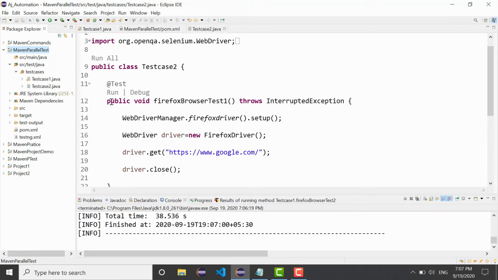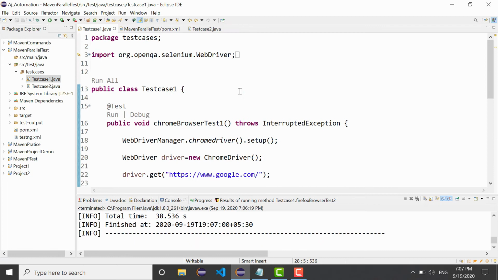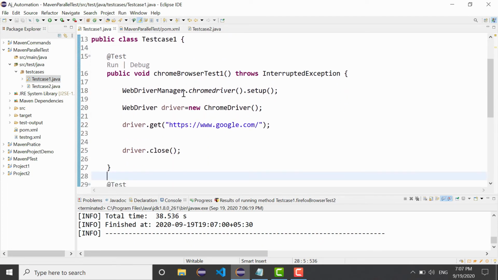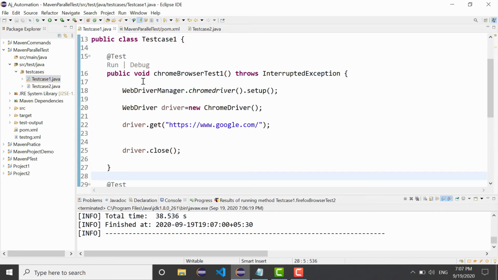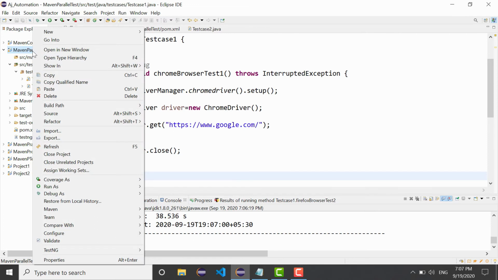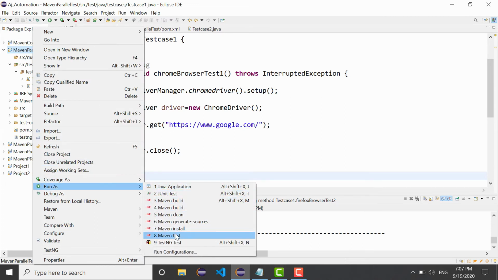So you can see that in the first iteration, the first method from test case 1 is the Chrome browser test, and this is the Firefox browser test. These two @test methods will run in parallel, and after that the second @test method. Maybe we'll run it again with Maven test.